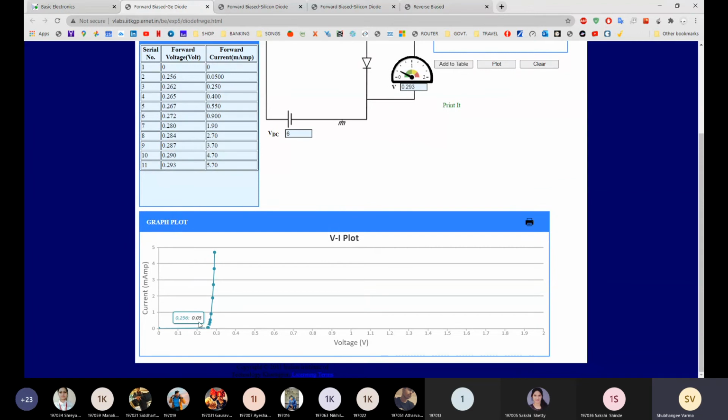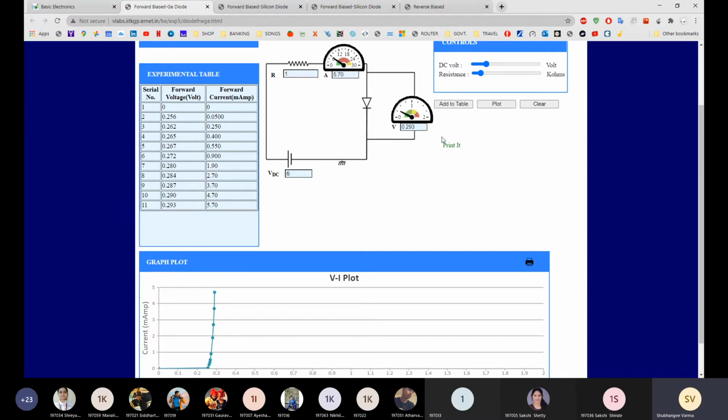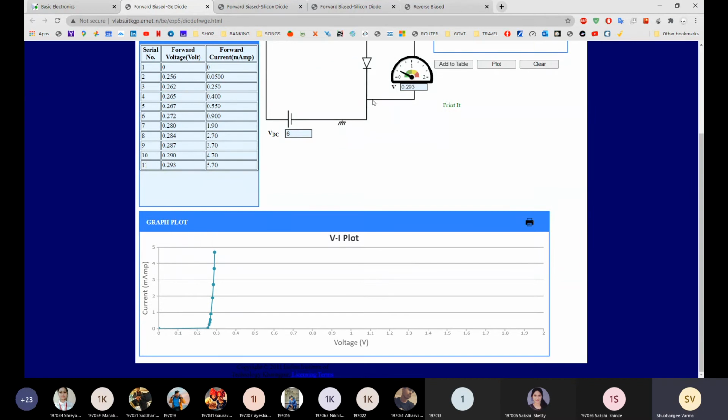So you can see when the diode is in on condition, the voltage across the diode will remain 0.3, because it's a cut-in voltage. After the cut-in voltage, current starts flowing through the diode, and this diode will act as an on switch. The voltage is approximately constant, and the current flows exponentially through the diode. See over here. Okay, so it will act as an on switch or closed switch.